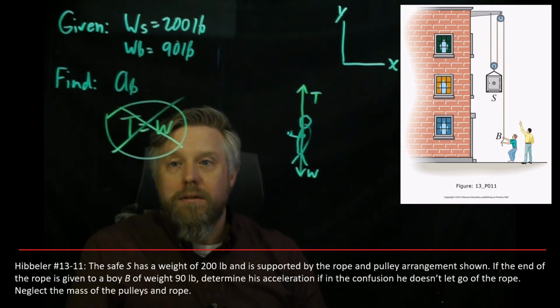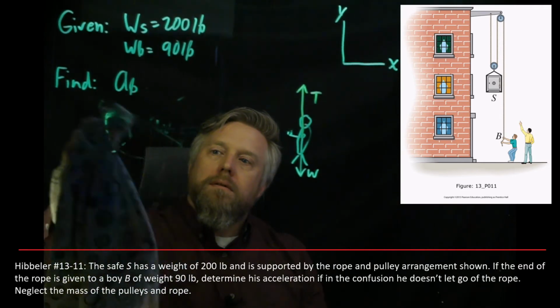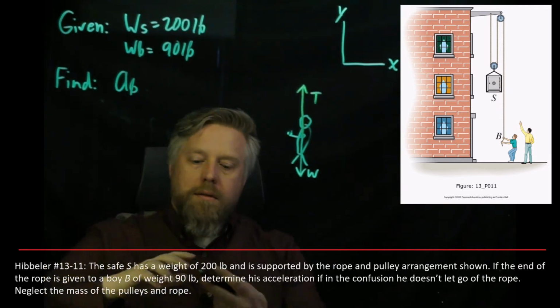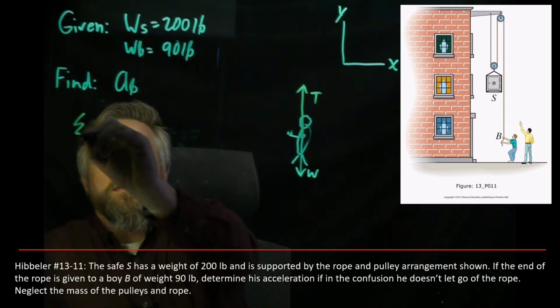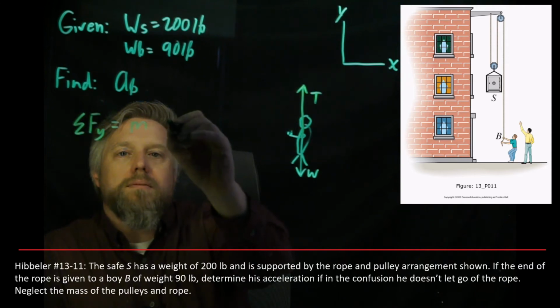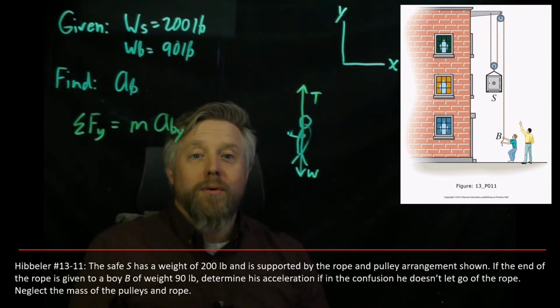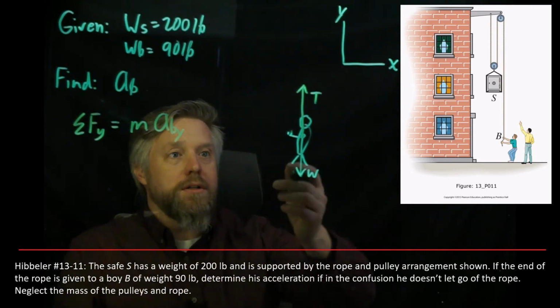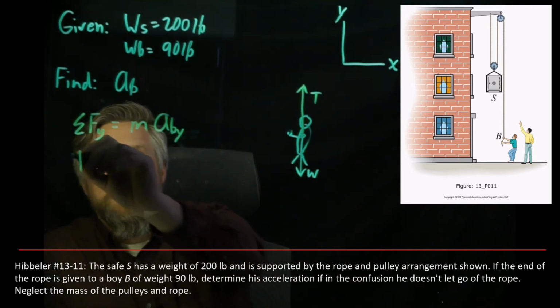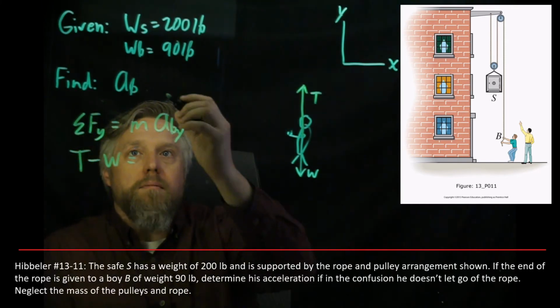We have to instead say the sum of the forces in the y direction are going to be equal to mass times acceleration of the boy in the y direction. OK, that's our equation of motion. What are the forces in the y direction? We have T going up, and W going down, so T minus W is equal to the mass of the boy,